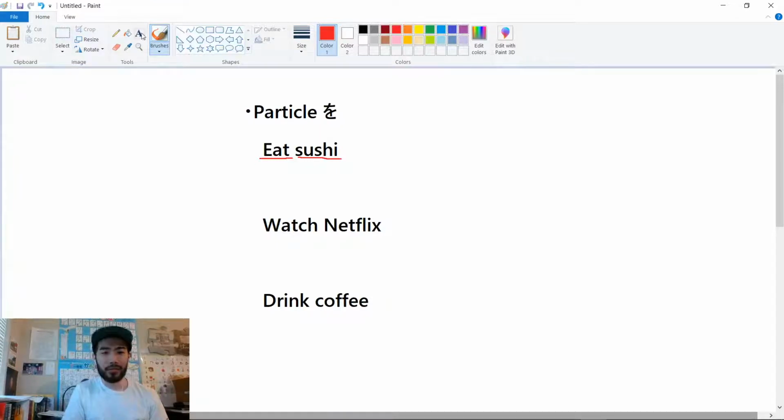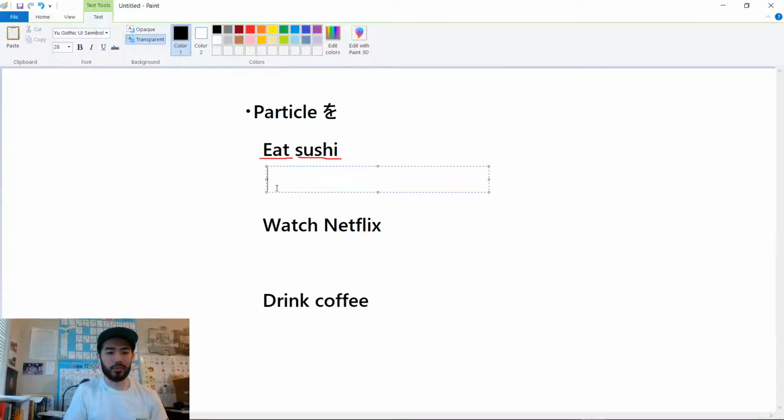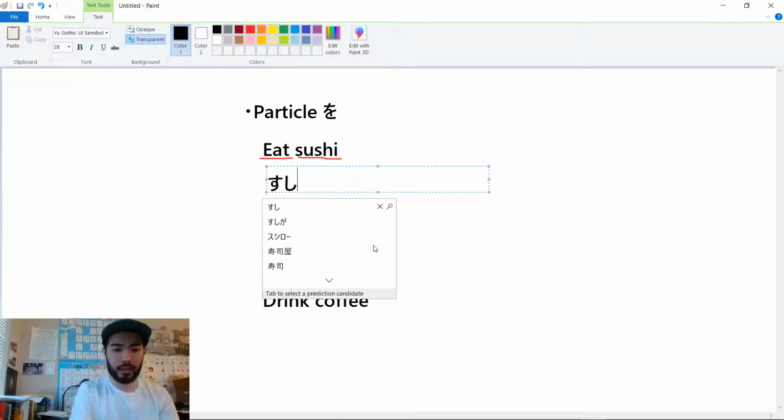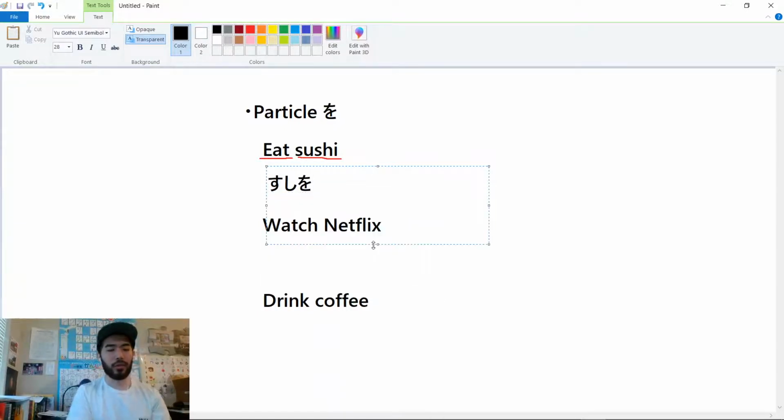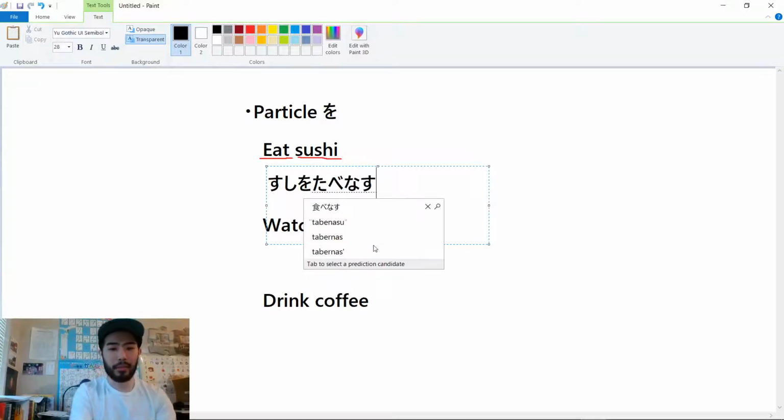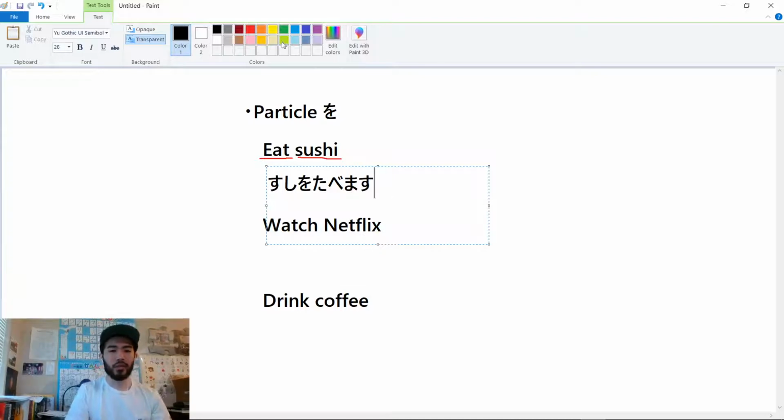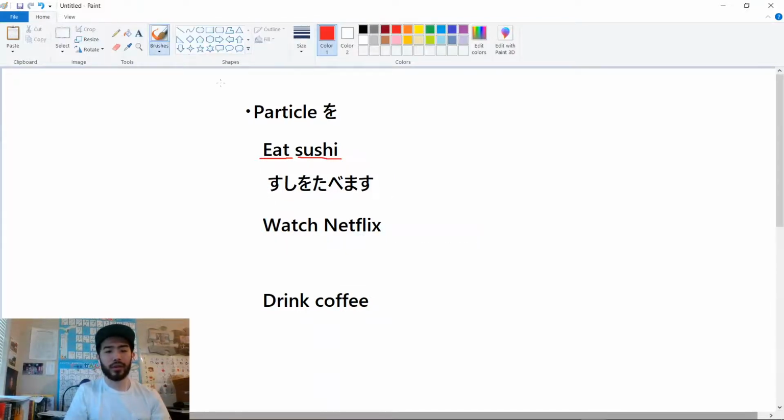For example, if you want to say "eat sushi," you need the object first, sushi, and then you need the を particle, 寿司を, and then you need the verb to eat, present affirmative tense, so 食べます。Okay, 寿司を食べます。